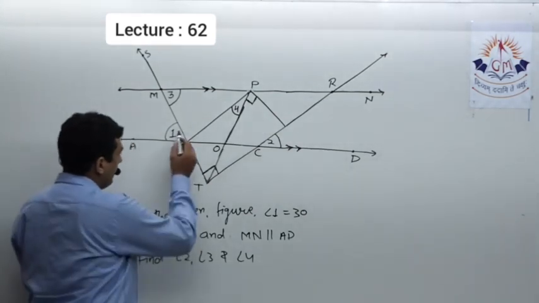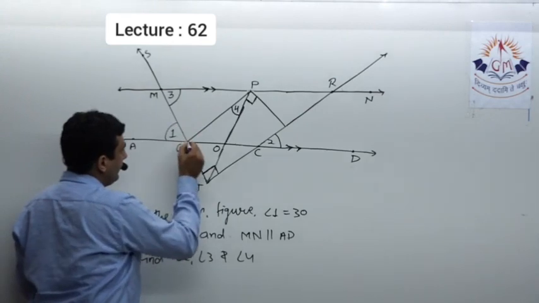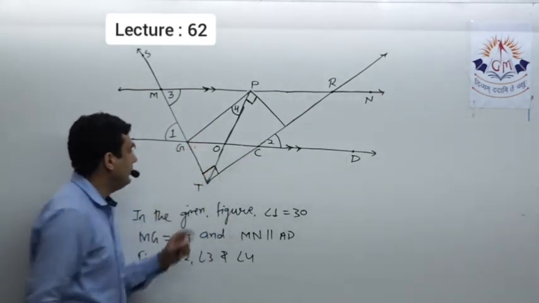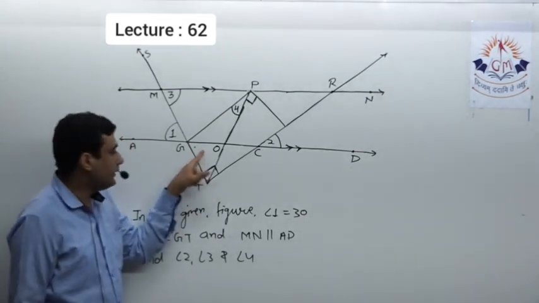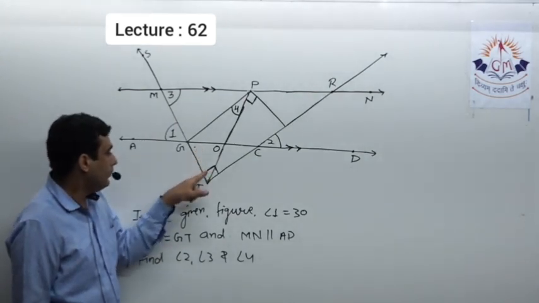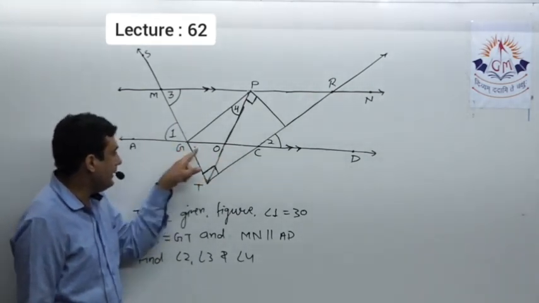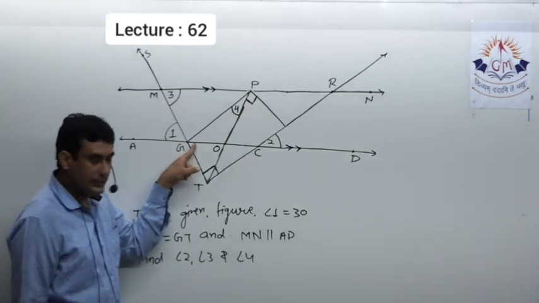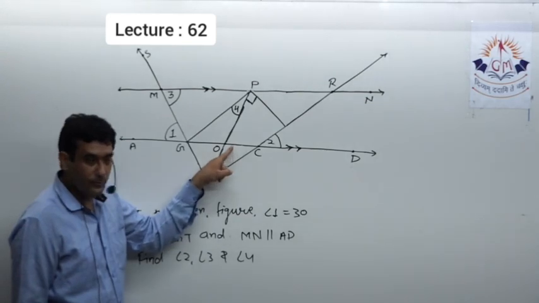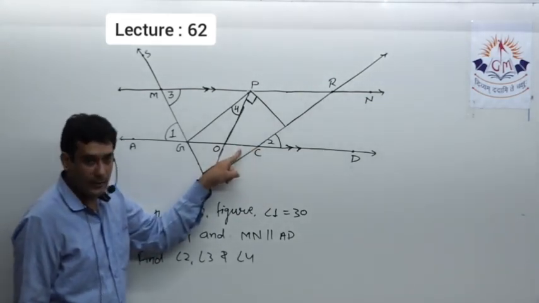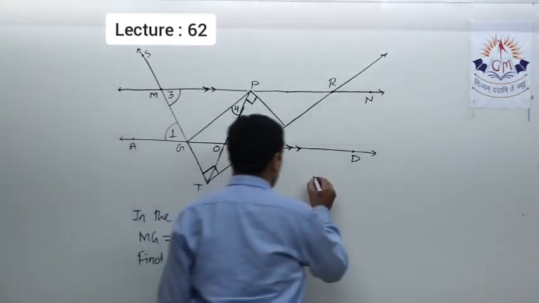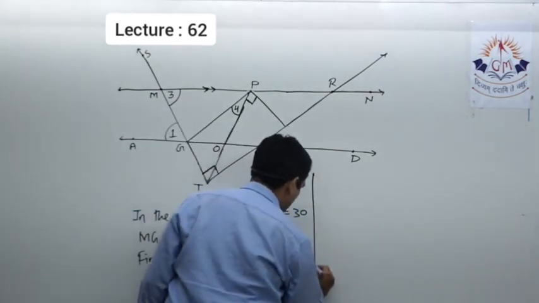See, this is angle 1. Now this angle 1 and angle CGT, I am talking about this angle, these two angles are vertically opposite angles. So as angle 1 is 30 degrees, obviously this will be 30 degrees. Now in triangle GCT, angle G is 30 degrees, this is 90 degrees, so we'll be able to find this angle, that will be 60. Now angle 2 and this are vertically opposite. So in this way we'll be able to measure angle 2. So let us see its solution.